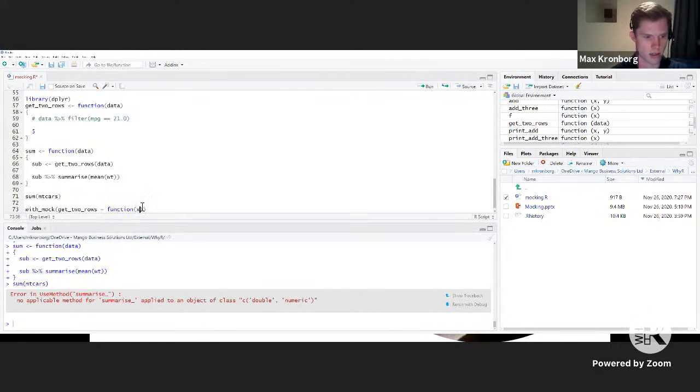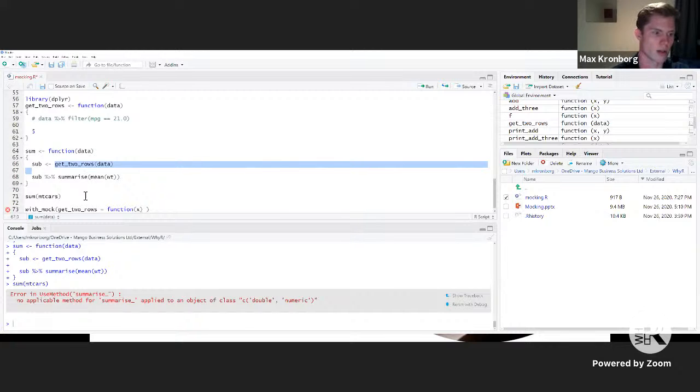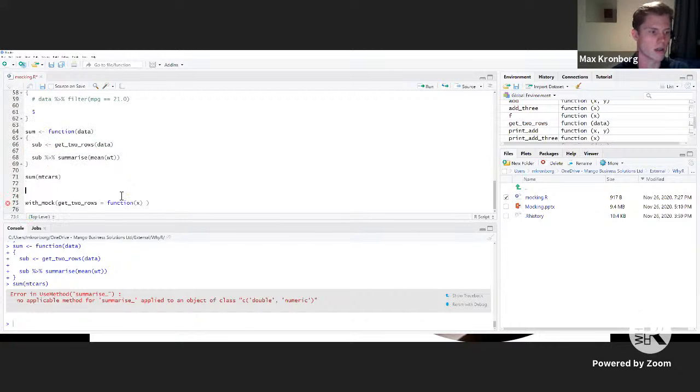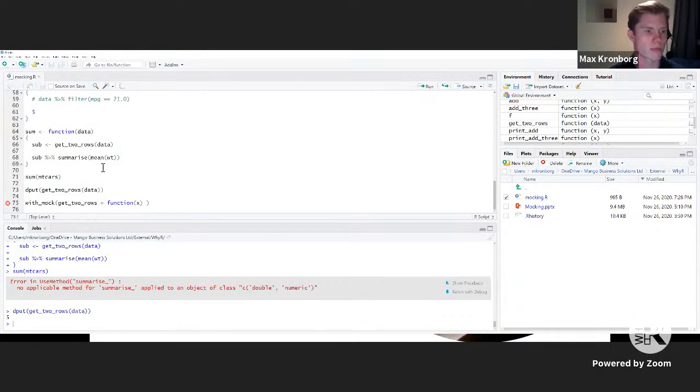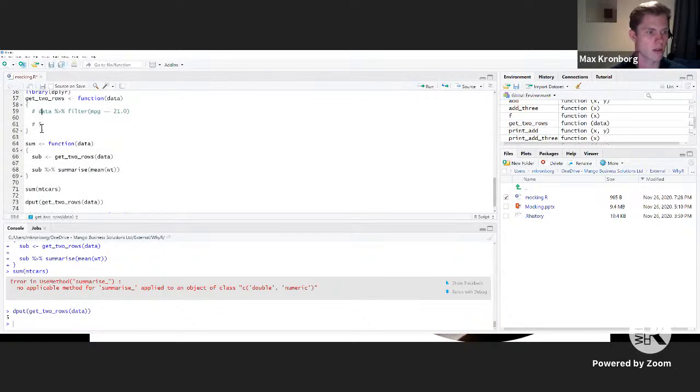And we're not going to necessarily name the data 2 specifically, because it's not really relevant here, since we won't be using it. So the way we're going to mock this out is a little bit hard-coded, but we are going to use the value that we get from get2rows when it works properly. You might go about this differently on a normal occasion, but just to make sure we have the same value here. Oh, and this is going to be wrong now. So we'll just fix it for 2 seconds while we get the output.